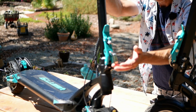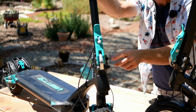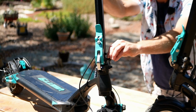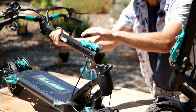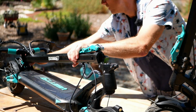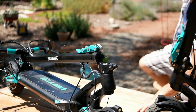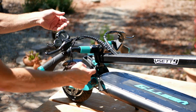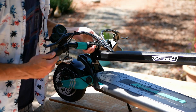You've got to get this out of the way so that it's free to move. Now you're on this other safety on the side. You pull up to release, and now you can drop it down. And I'll show you how the other side locks in. This clasp and pin lock in, so they actually form a nice connection, so this stays in there pretty well